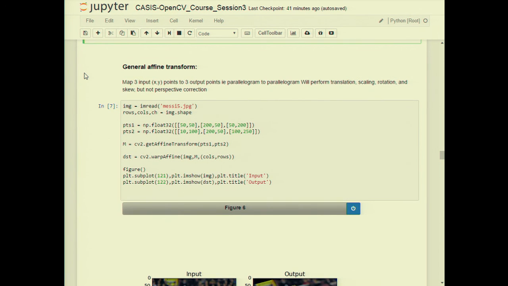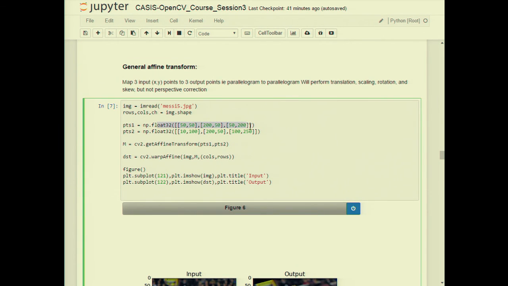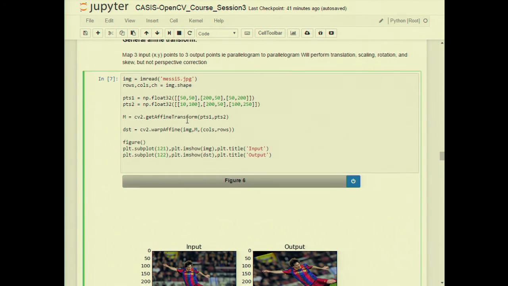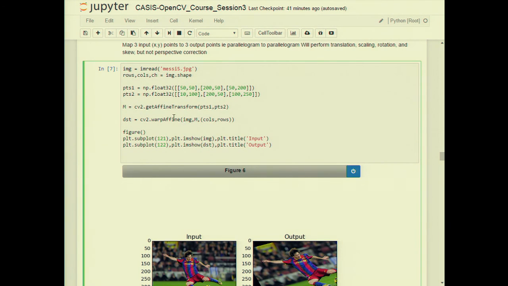So the general affine transformation, this is in case you want to define things in terms of your input points and your output points. This is generally what an affine transform does again. You specify your 3 input points. They do have to be non-collinear. If they're collinear, you're going to get a degeneracy and it's going to cause problems when you do your matrix algebra. So make sure both the input and output are non-collinear. And you specify the input points and the output points. Then you generate your matrix using the